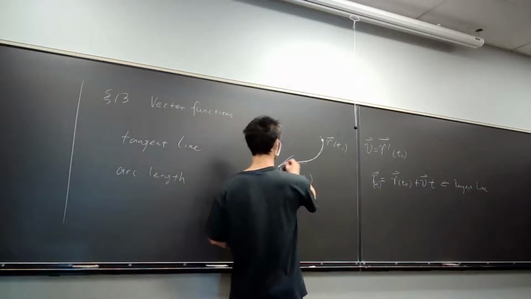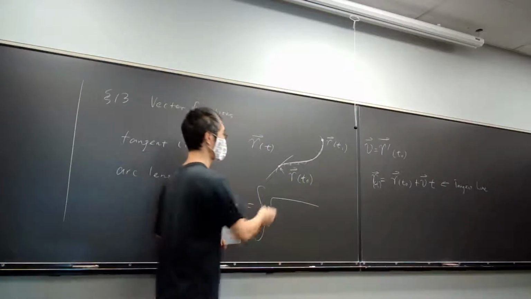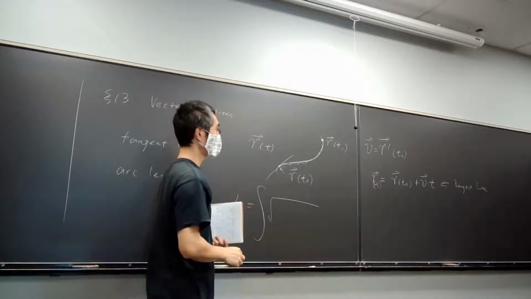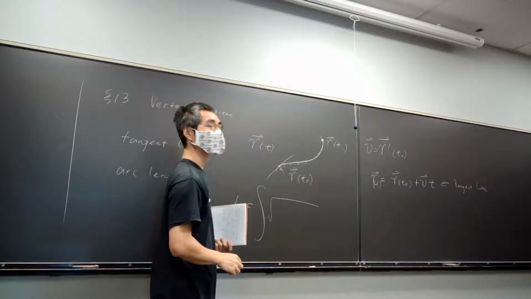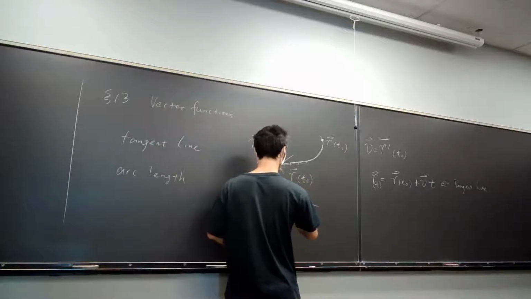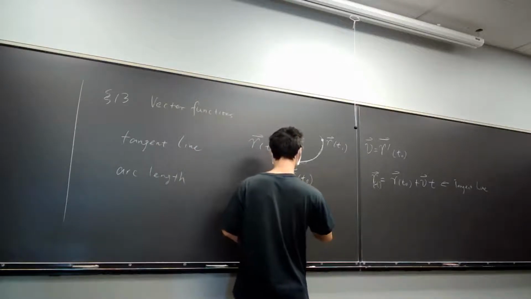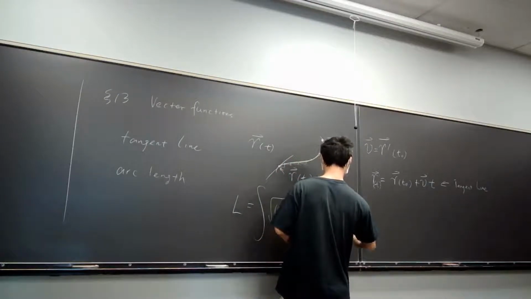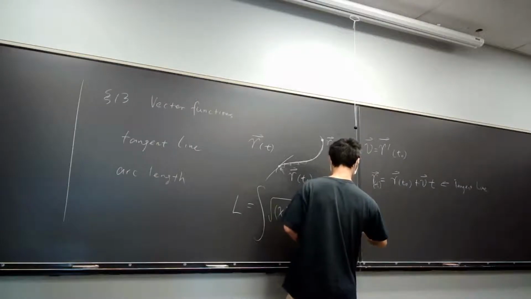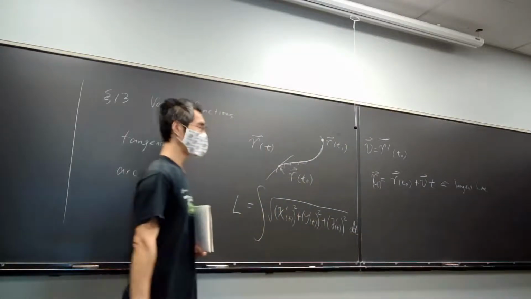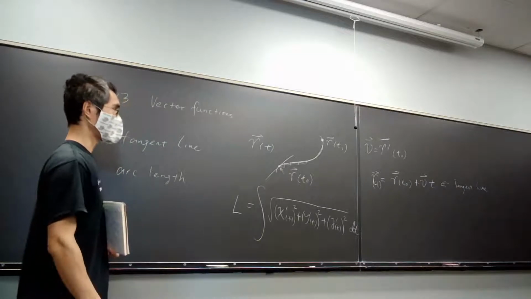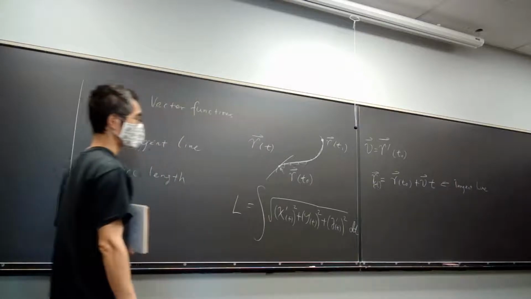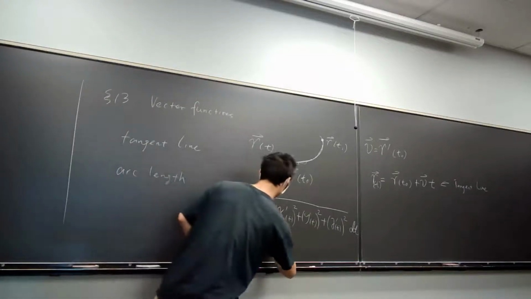So what is the length of each segment? You have to find out the x, y, and z directions. That's just dx over dt squared plus, very good, dx over dt squared, or you can say x prime squared plus y prime squared plus z prime squared, and then dt. All right. So that's